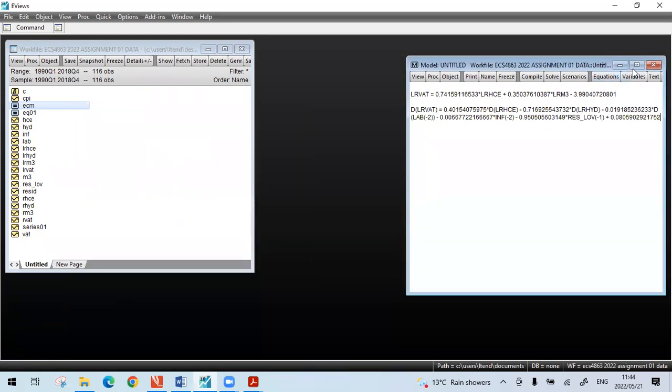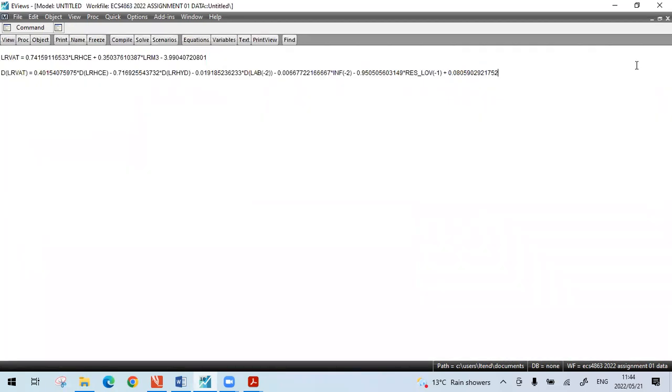Let me maximize my model. So this is what I have. So the last part, I want to remove the logs. Okay, we'll go to that. So the first thing that we need to do, I'm going to write so that you will not lose me here. The first thing that I need to do,